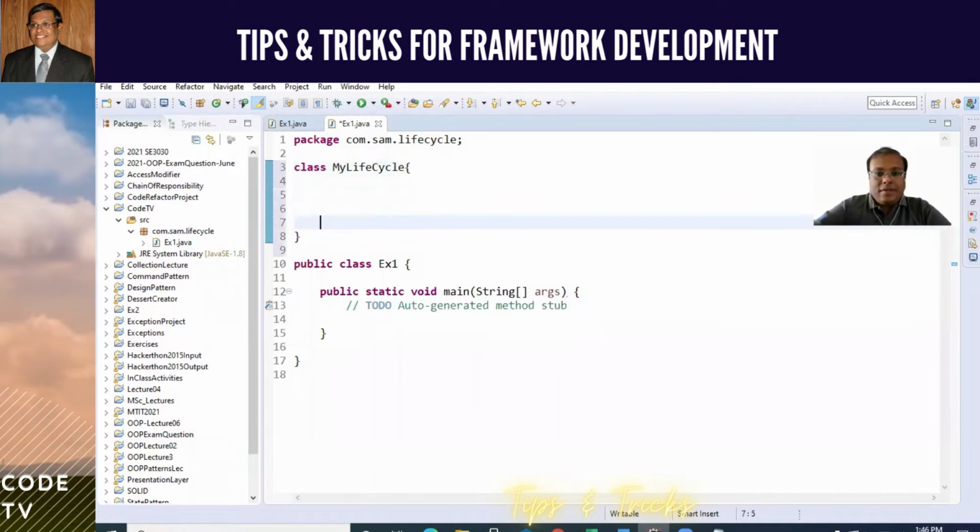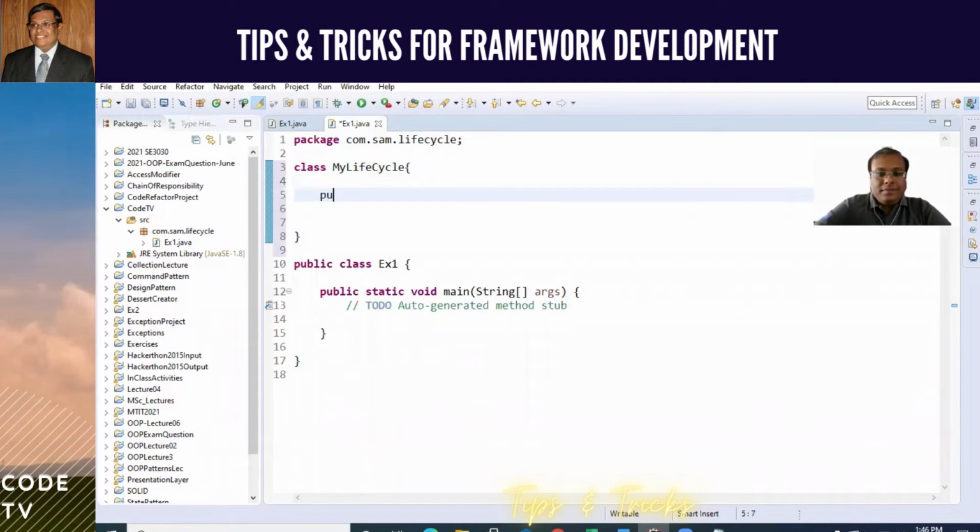So let's say you have three methods. Public, let's say you are going to implement a simple method called start,